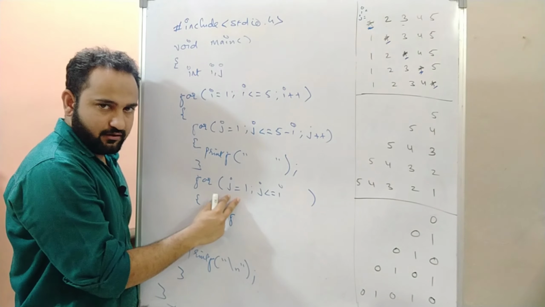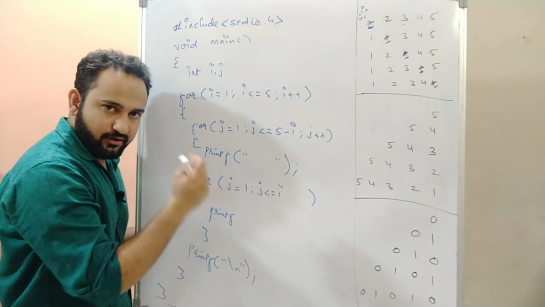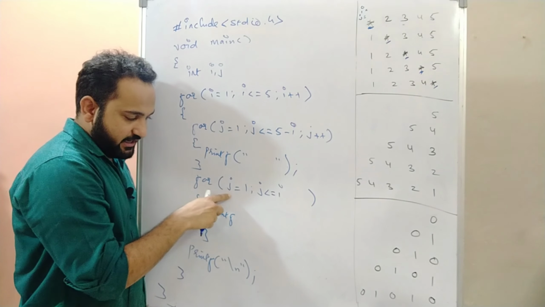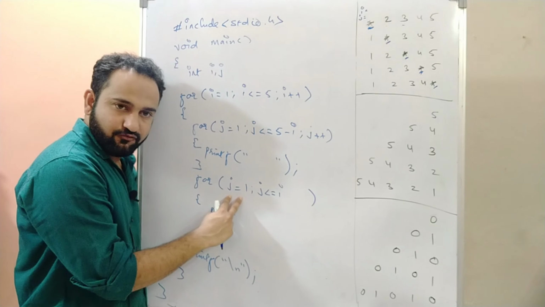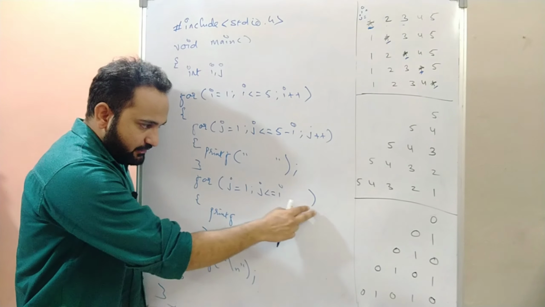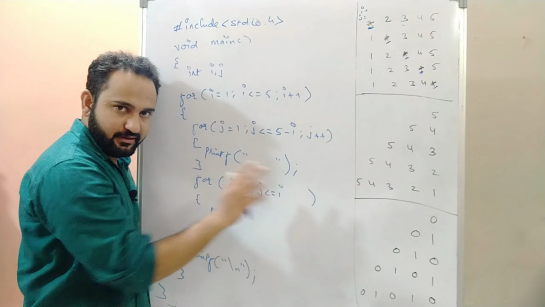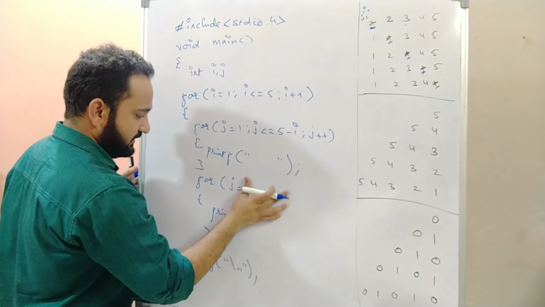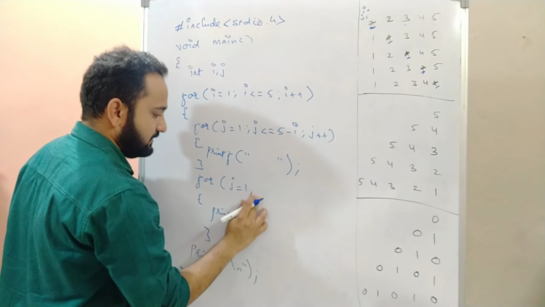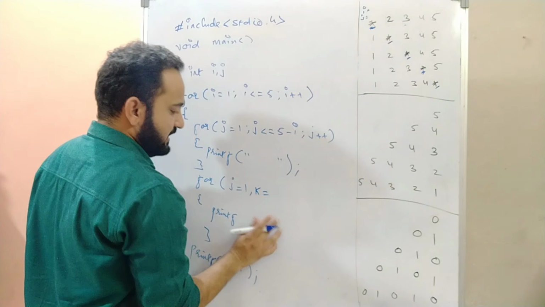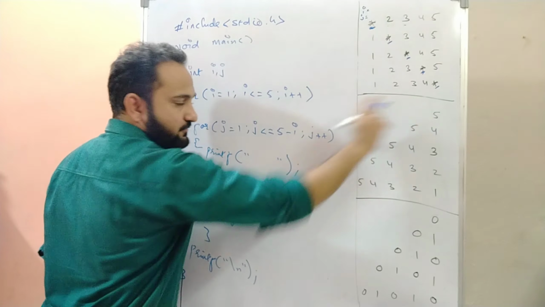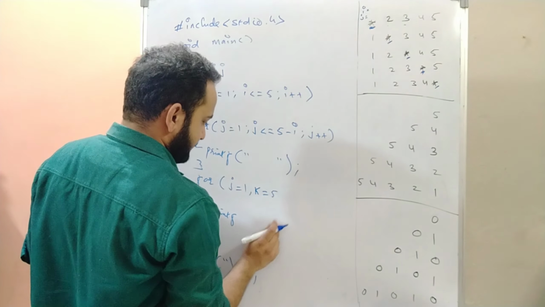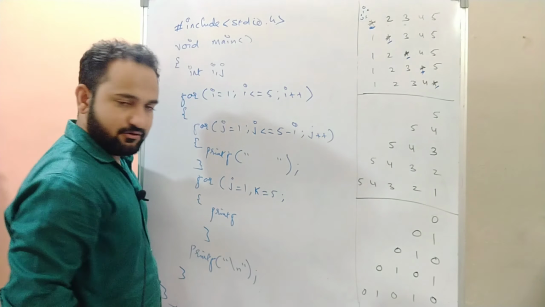We can't change the value of j. But we can take a variable k inside this for loop, which will start from 5, and here you will be writing k minus minus simply. See what I'm saying here? With this j, I will be having a variable k whose value will start with 5, because here what we have is 5. So k equals 5 I will be taking, and I'll be having a semicolon here.